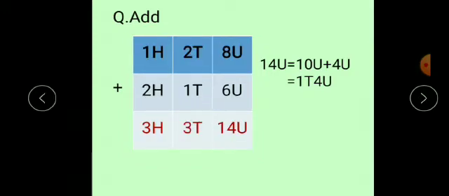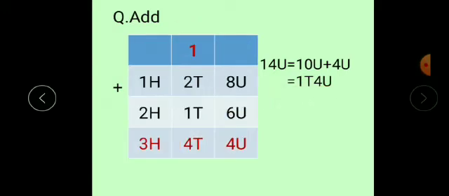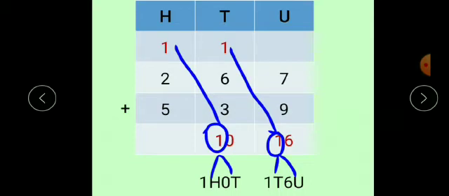Always remember that there can't be two digits in the same place. So, for that we have to shift the digit to the nearest place. Okay. If two digits are in the units place, then keep one digit in the units place and move one digit towards the tens place by doing this. Now, see the next one.